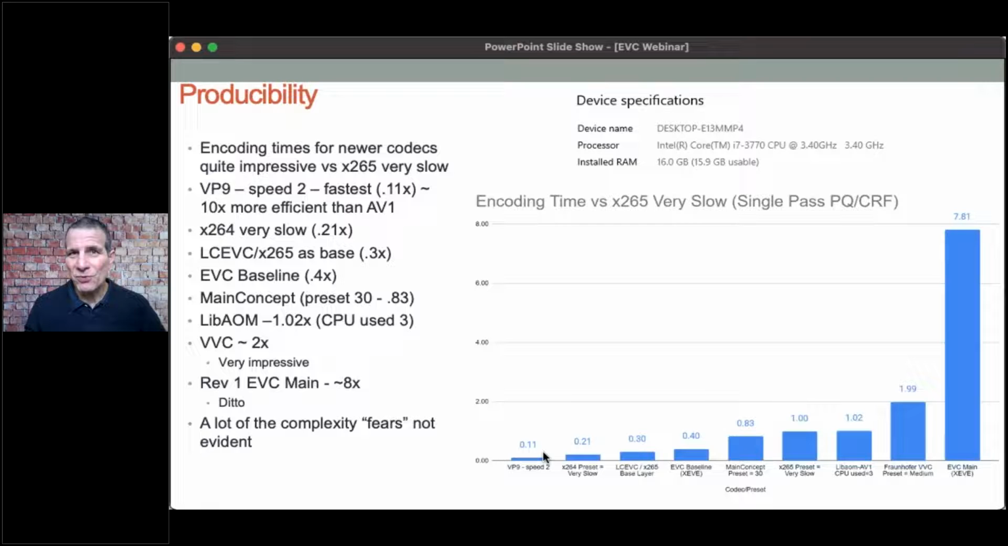So, and again, we're looking at codecs and presets, and go back to the article to determine which codec I used and why I used the preset that I did. And really, I used the preset that I thought most producers would tend to use. But if you're using x265 using the medium preset or x264 using the medium preset, then these numbers don't really apply to what you're doing. On the other hand, LCEVC with x265 as the base layer